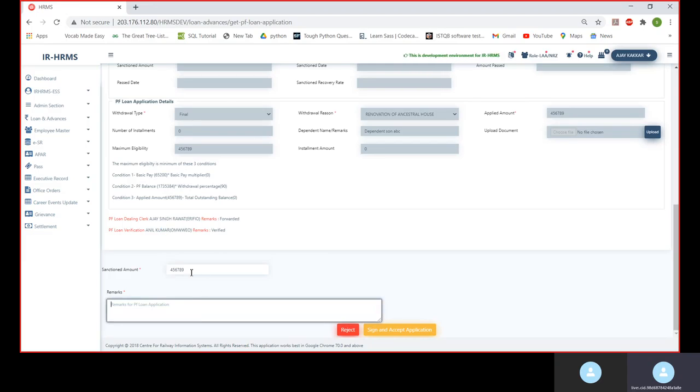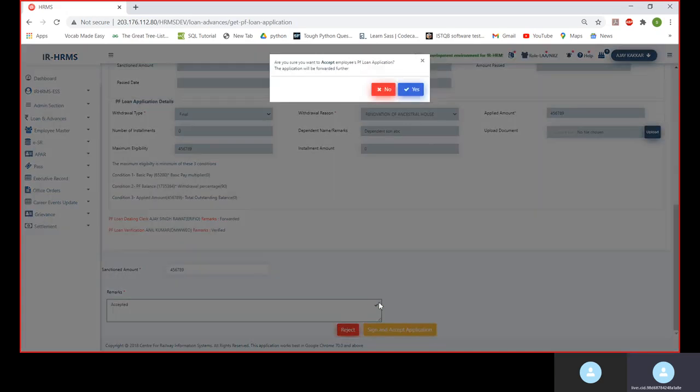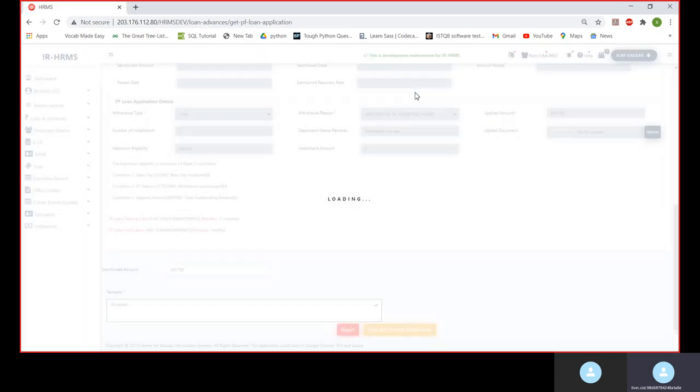He or she has to put the sanctioned amount here. The sanctioned amount needs to be the minimum of the maximum eligibility and the applied amount. So he will put the remarks accordingly and he can reject or sign. If he rejects the application, it will directly move to the employee. If he signs and accepts the application by clicking on yes,